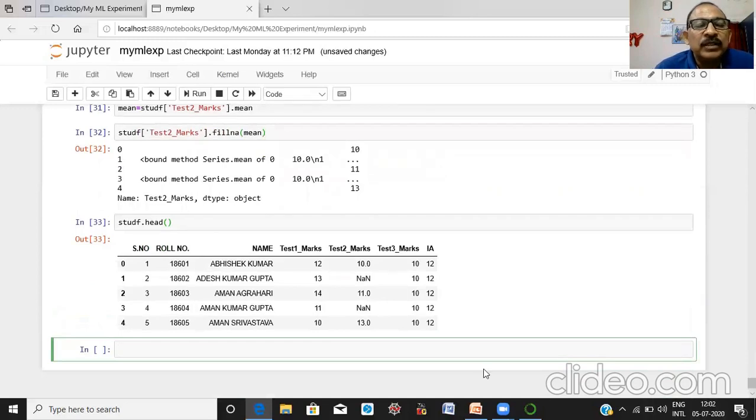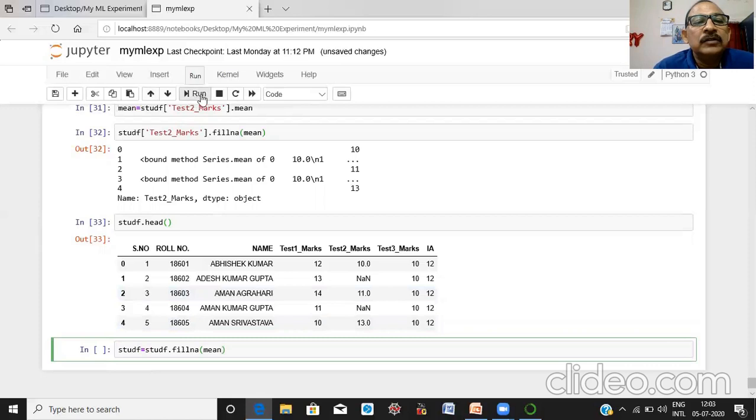Okay, here it is not modified. Suppose we want to modify the missing values with the mean in your data frame. You have to write df equal, then mean.